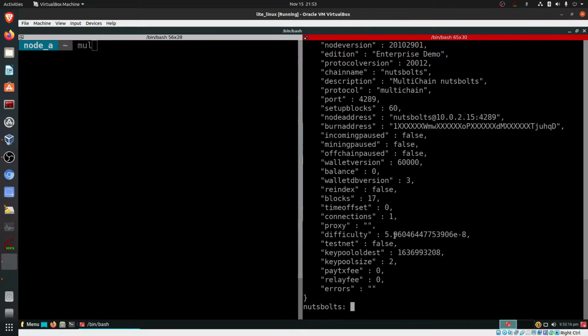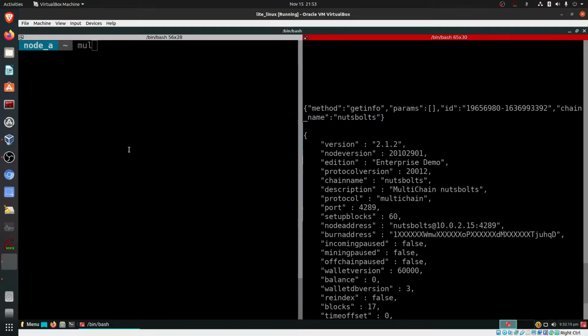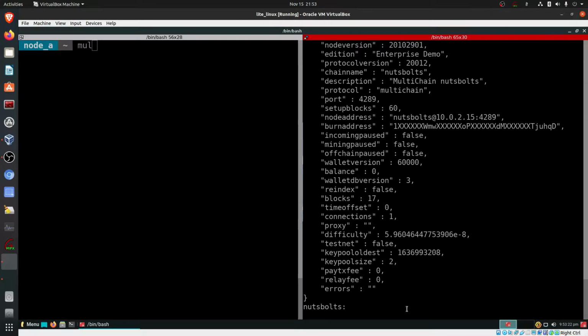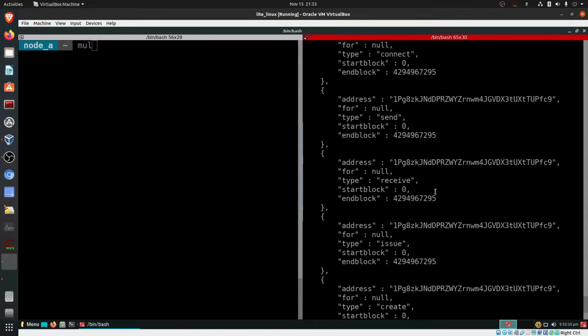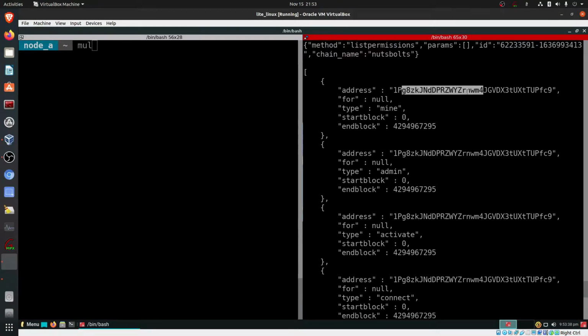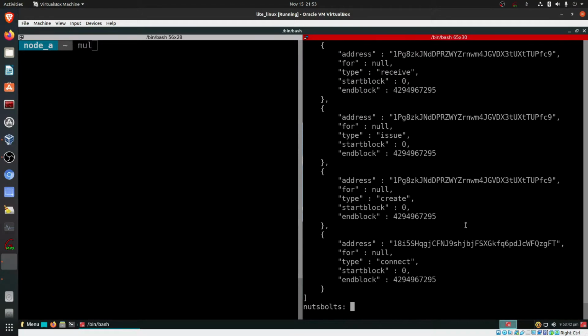All these parameters are simply picked up from the blockchain which has been created at node A. Again we can just use another command, help. These are standard commands, and then we can say list permissions, sorry, a typo, list permissions. So it has got permissions. So if you remember, what is the address? 1P is node A, and there should be one address with the connect permission. So this is 18i5s. So this is node D, this node's permission which is given, exclusive permission which has been granted, that is connect. Otherwise it was not connecting. Now the things are getting access from node D.